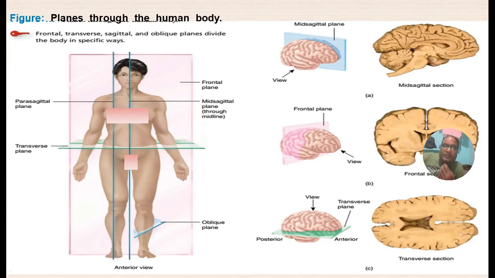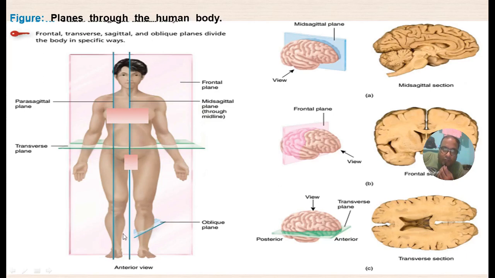And look over here, the oblique plane. There is no 90-degree angle. It is any degree except 90 degrees. So in any plane where you can cut or section the body which is not at a 90-degree angle to any other plane,